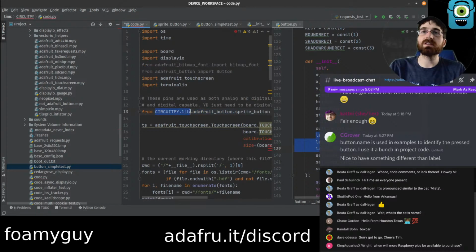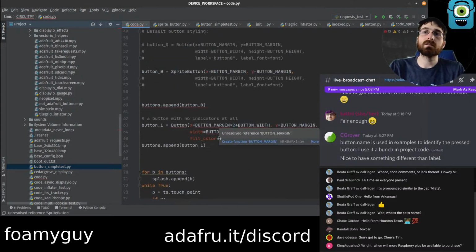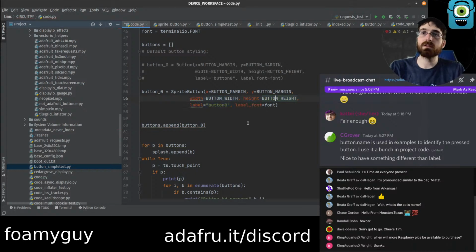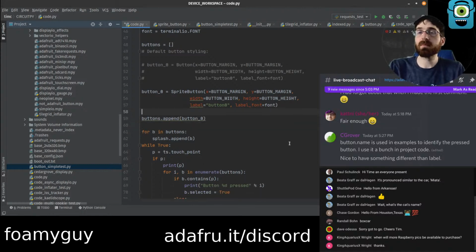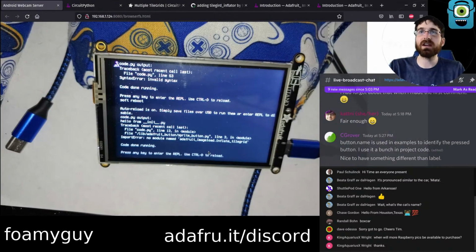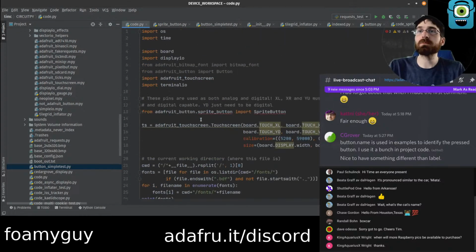I don't know why this does this weird thing here. Probably something to do with the way my project is. Oh, I didn't get rid of all of these. What's wrong with this? Oh, yeah, that'll do it, huh? Yeah, for sure. Okay, and then I think this crashes because I have no bitmap path or something. No module. Inflate tile grid. So it does crash, but not for the reason I thought.